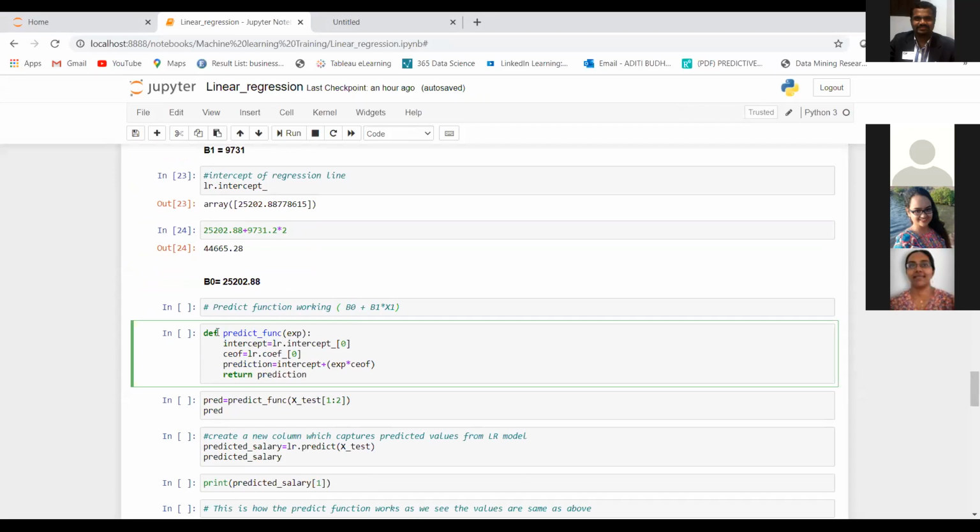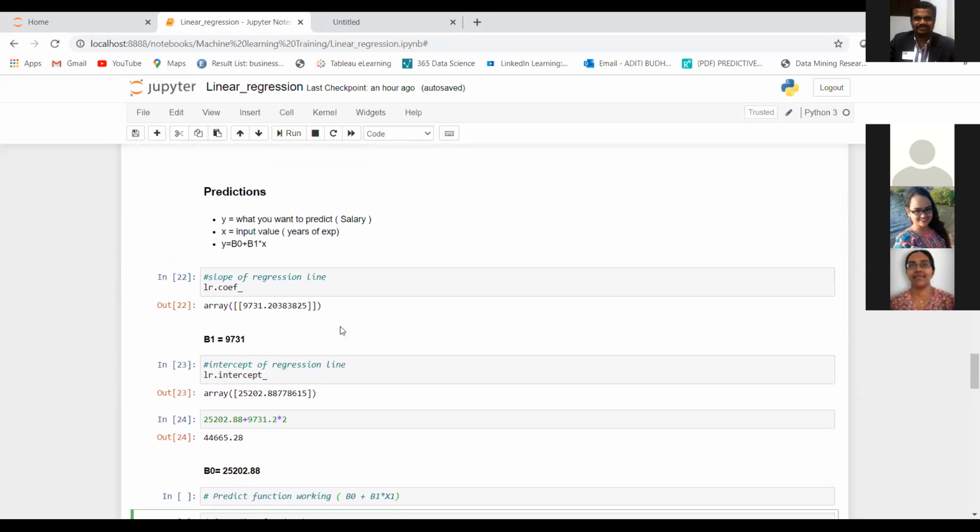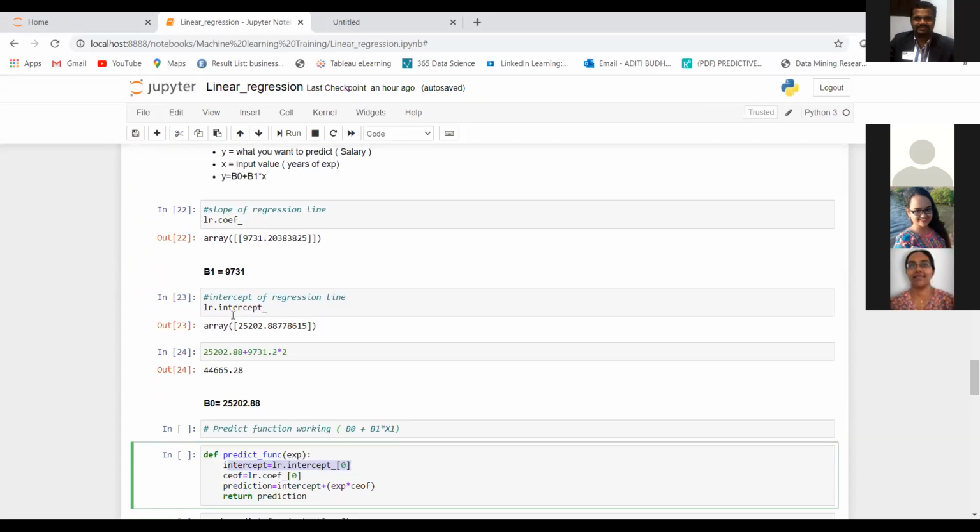What it will do is first take the intercept value. So what is the intercept value? This is our intercept value, right? So beta 0 is the intercept.